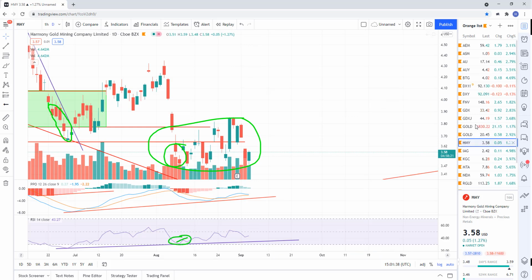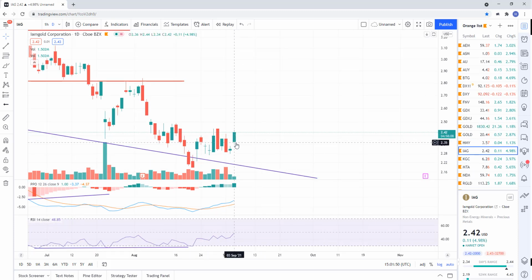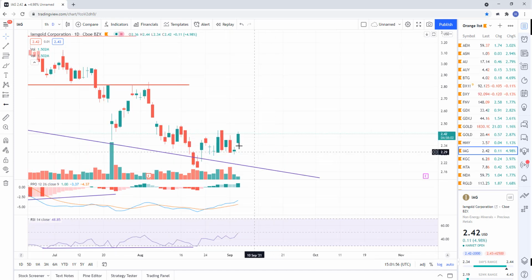Again, GDX looks bullish, and some of these other miners are starting to look bullish. So looking for bullish price action across a lot of these. IAG, this one, again, not a big change today. We're rallying, up about 5%, but again, we're still kind of stuck in this